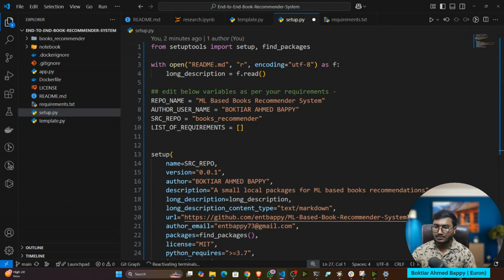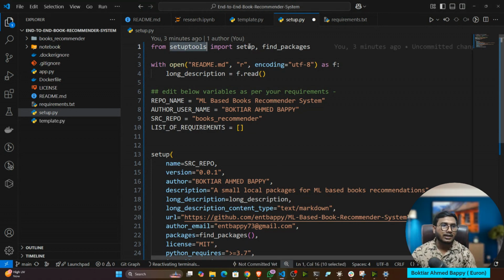Just a minute, guys. Okay, so yeah. See, there is a package called setuptools.